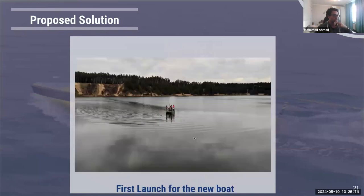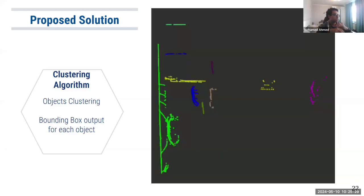And this was our first launch for the new pod. Here we were testing how it's doing, and actually it was more safe than the other pod. Also, after you correct your point cloud, you can start doing your